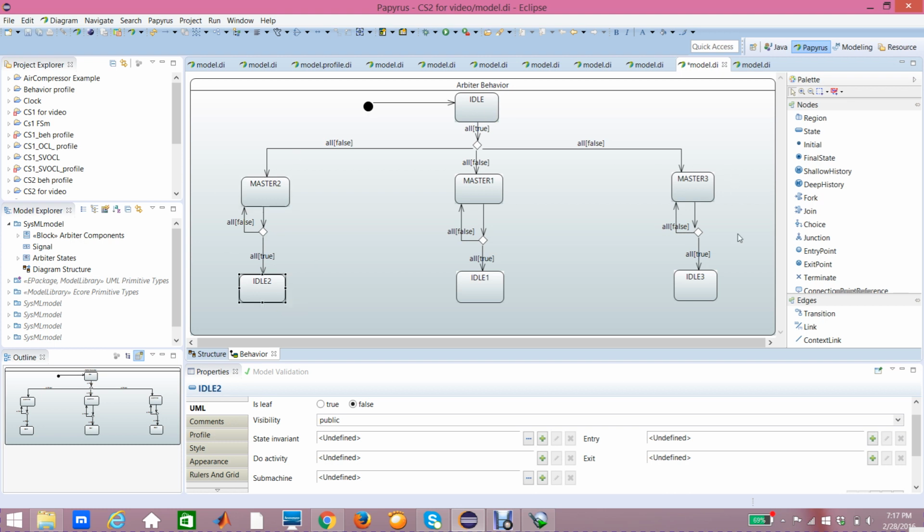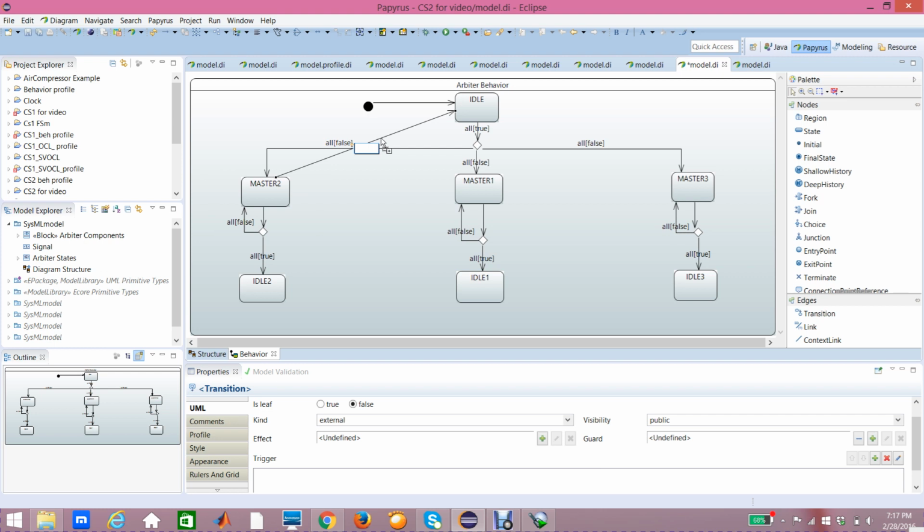If the system is in any of these states and the reset happens, then the system would go to the idle state here. So we need transitions for that. To select the transition, go to the edges section of the palette here, select the transition, and draw it from master 2 to idle 2. This is the transition,